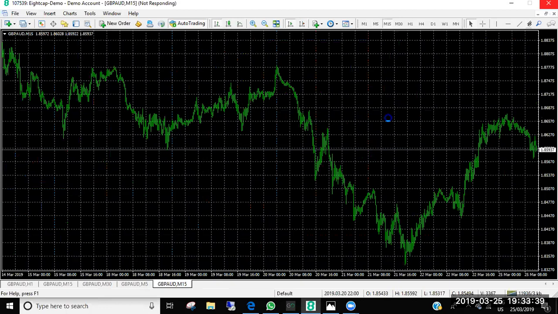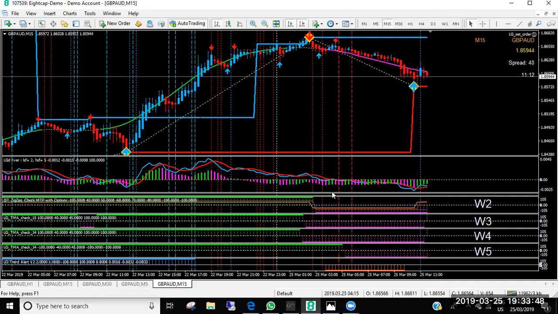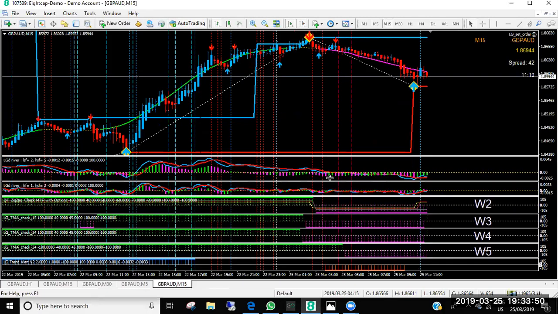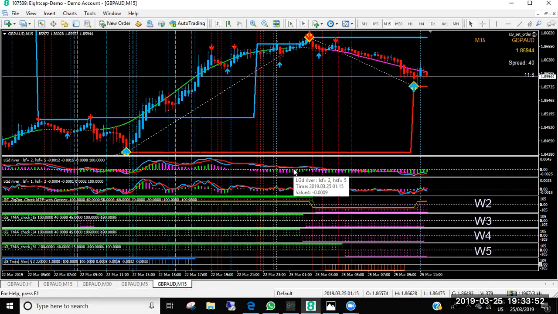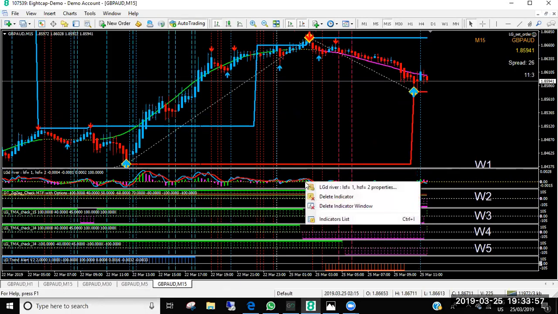One of the things is to get the same information without using excessive CPU. Normally I have these two rivers drawing the lines. I can actually delete them and still have the lines